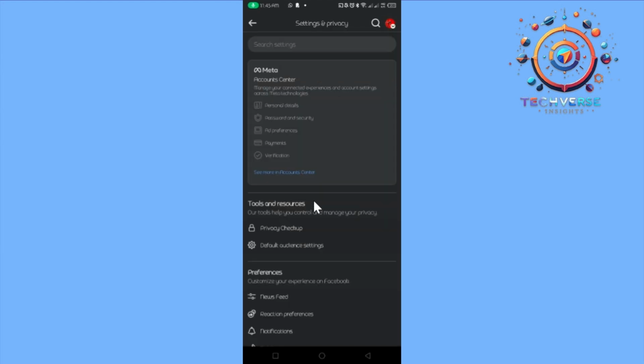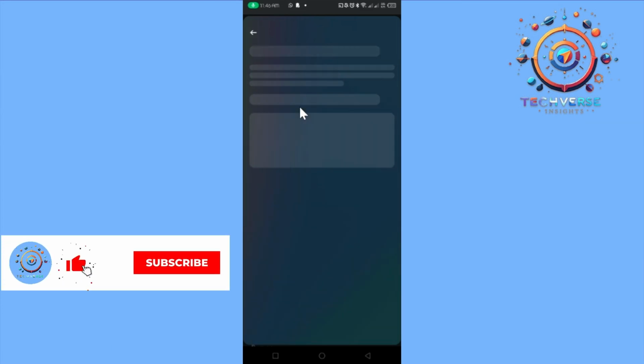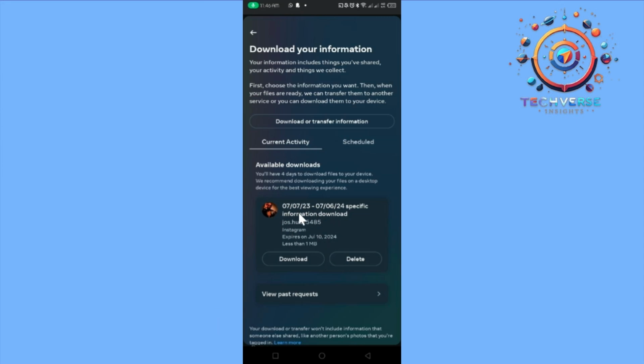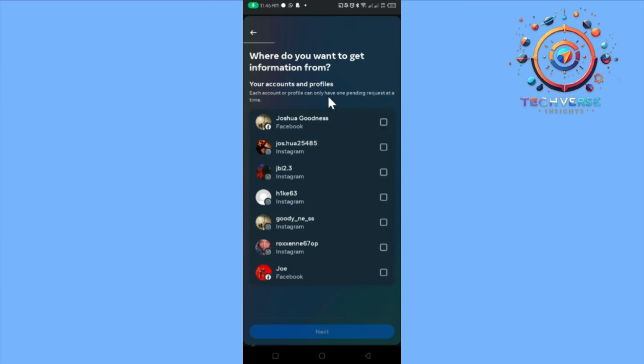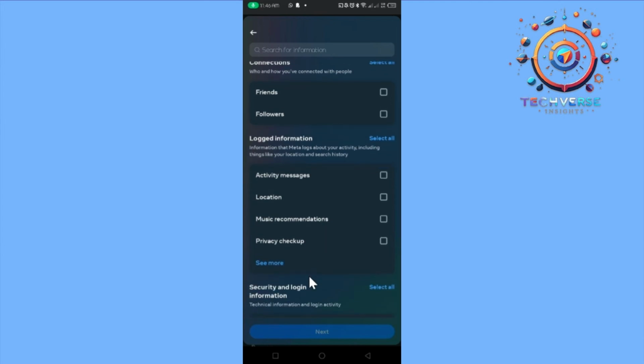From here, I am going to tap on see more in account center, and then tap on your information and permission. I'm going to tap on download your information. From there, as you can see, I had already downloaded one of them. So to download one now, I'm going to choose my account, which is this one, and tap on next. Then I'm going to tap on specific types of information, and scroll down until